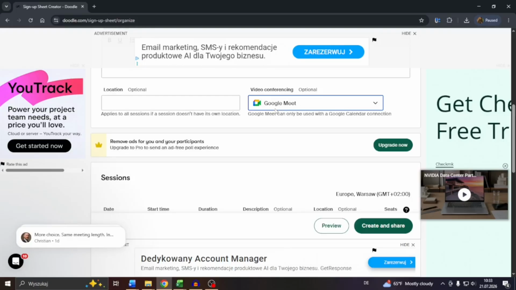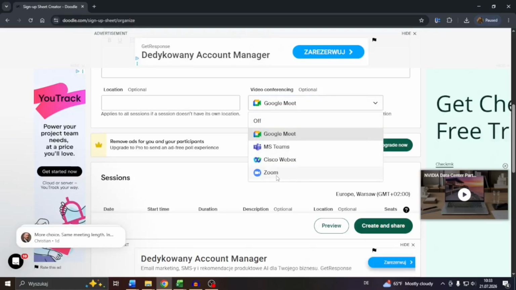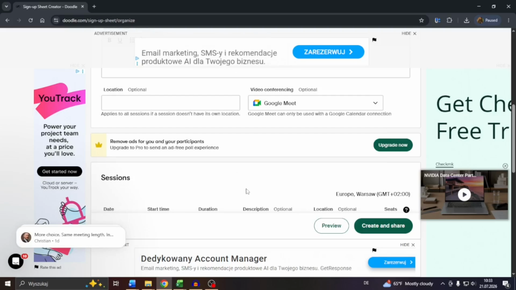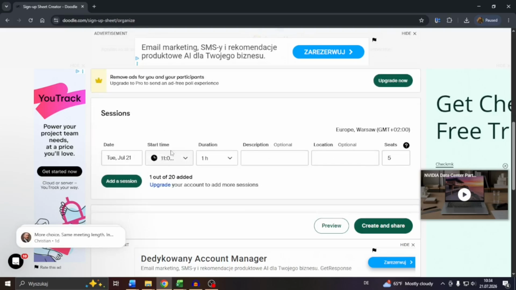So it depends on which platform you use, right? So if you're on Zoom, navigate to Zoom, create that event there with the exact time slot you have here on Doodle, and that's basically it, guys. Confirm by clicking into create and share here. You may add a location here as well for the session,